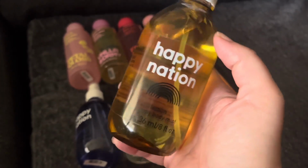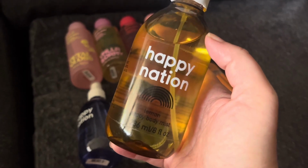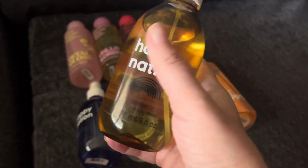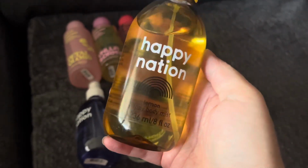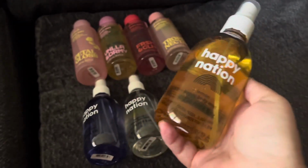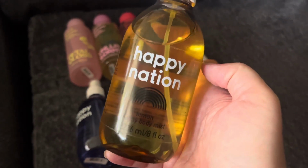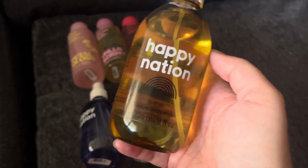Now, this one is another one that I will probably save to wear more during the warmer weather. And it absolutely could be worn year-round. I mean, anything can be worn year-round, you know. But because it has that sweetness to it, I will probably get this out sooner than later, because I